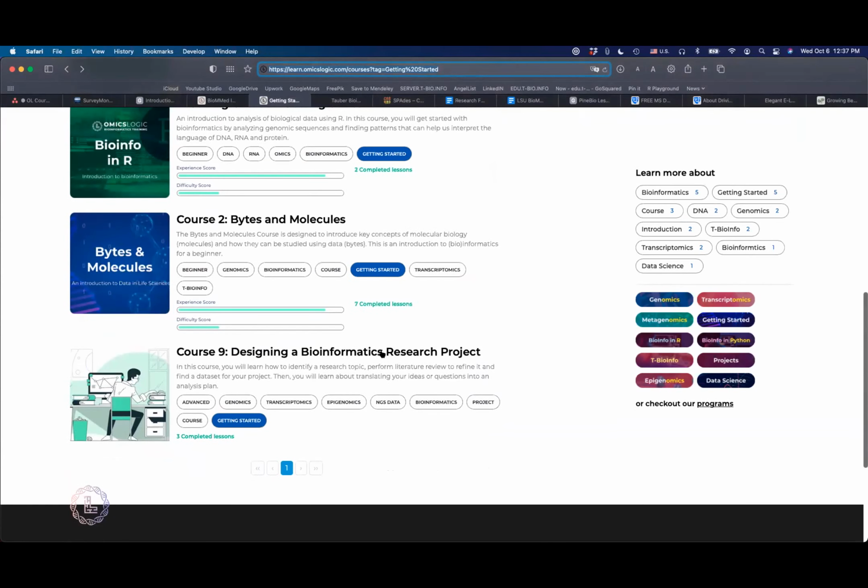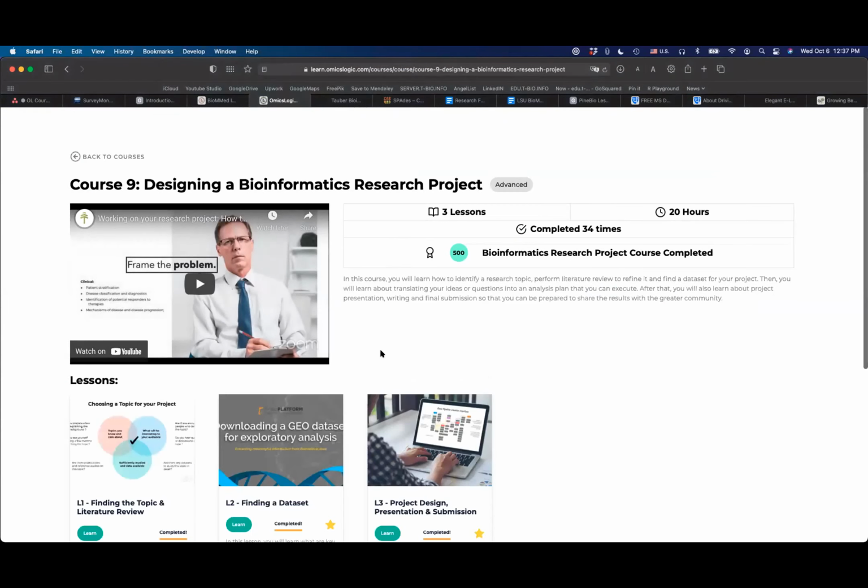there's a course called Designing a Bioinformatics Research Project. So Lane already mentioned this, but you can essentially learn about these data sets and about the different use cases. But we hope that you take this further and you're able to apply your own research interest to the areas that are covered by bioinformatics. So you can identify a project, a data set, and the research question, and essentially, if you are interested in that kind of a component, especially if you're a faculty or a graduate student, then we welcome you to reach out to us additionally so that we can explain how to best leverage that in the context of this introductory